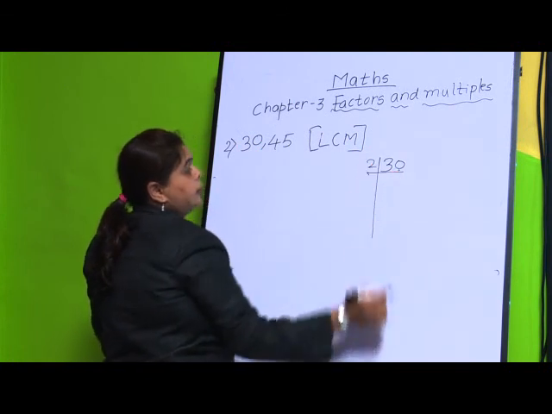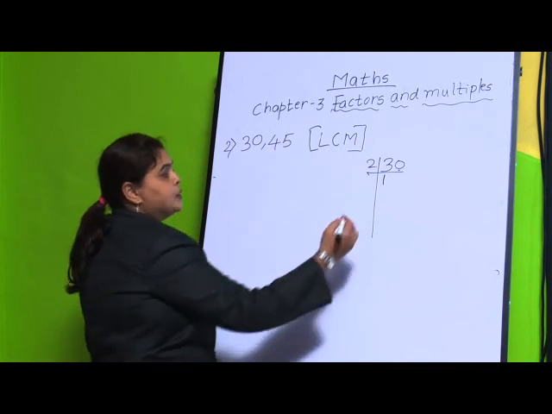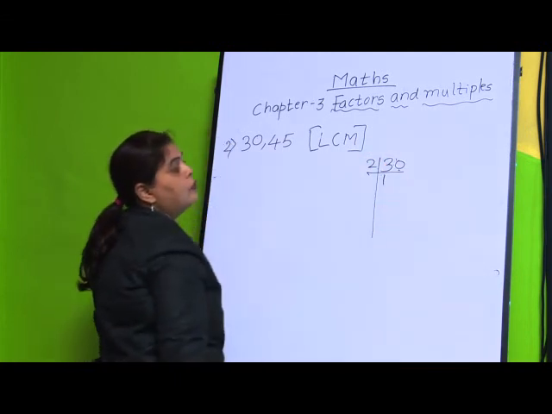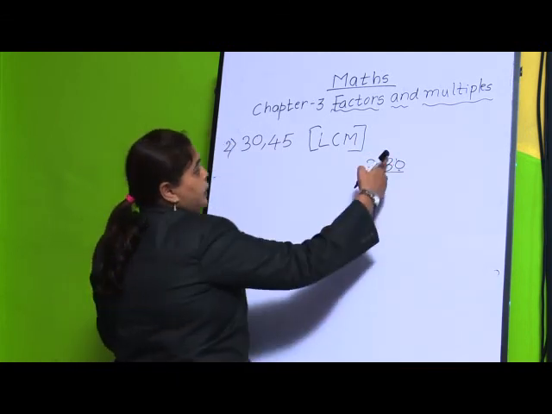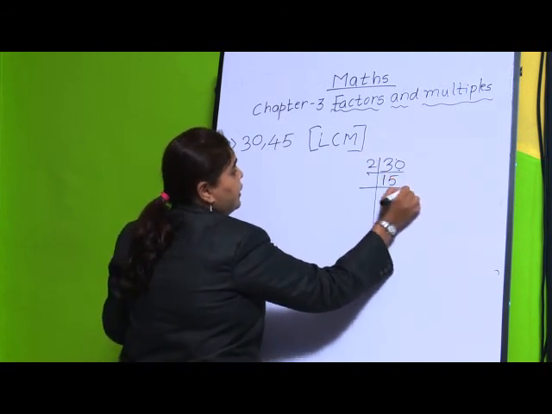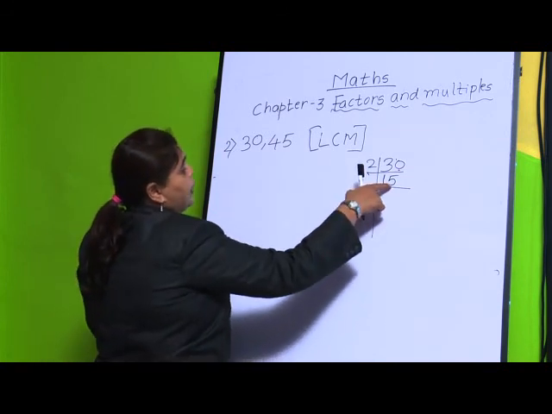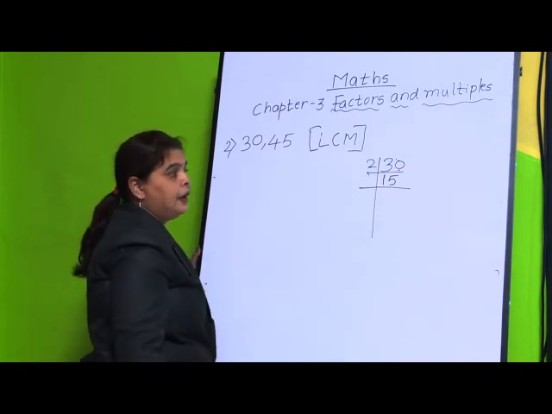So we will start with 2: 2 1s are 2, 3 minus 2 is 1. So we can write a small 1 here with a pencil. So it is 10. So 2 5s are 10. Now we have to try with, we do not have an even number, so we will try with a 3.